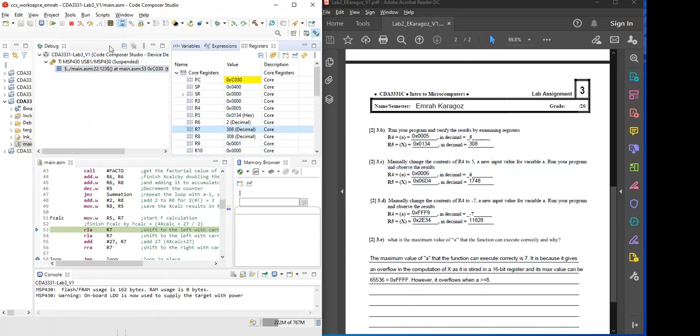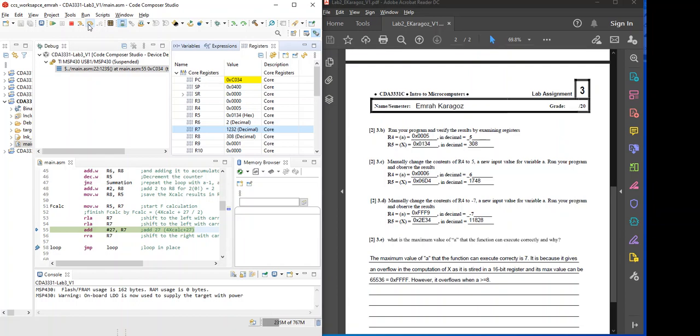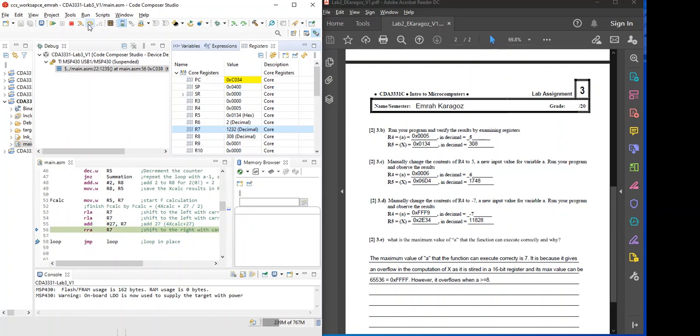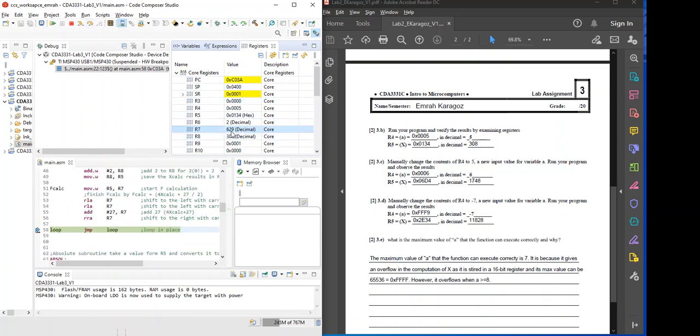Then actually we can continue with the decimal. Now 308. So we shift to left twice. So it becomes 4 times X, 1232. Then we add 27, which is 1259. Then we divide it by 2, and it becomes 629. Okay, so this is the F, this is the X, and this is the A, the initial value of A. Okay, So we can also do the